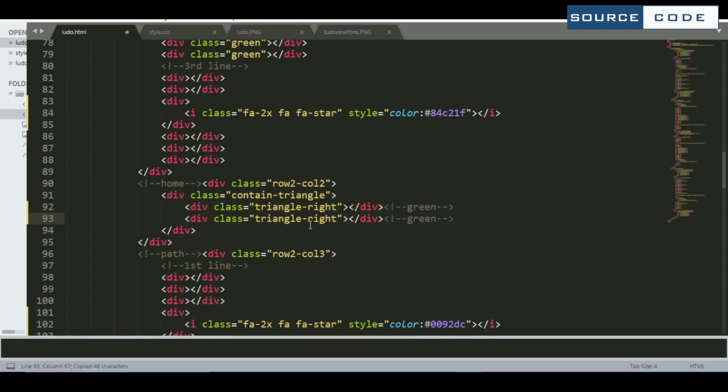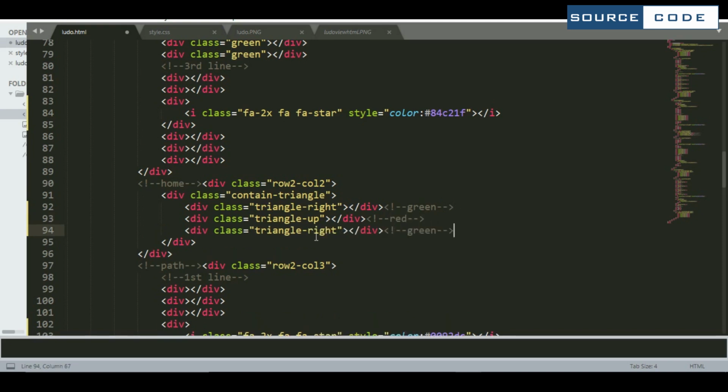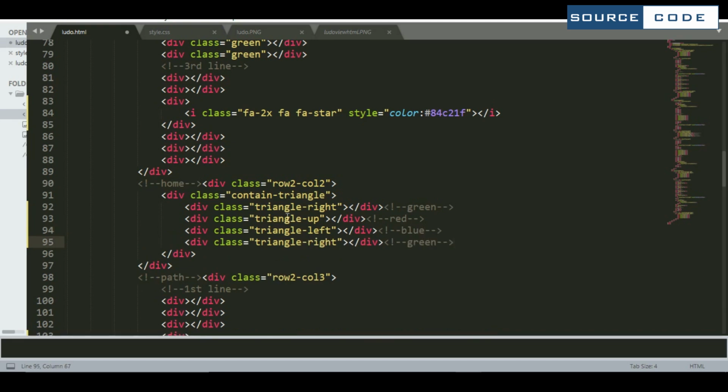So this is going to be our triangle up for the red one. And this is the triangle left. That is the blue one. And this one is the triangle down for the yellow one.